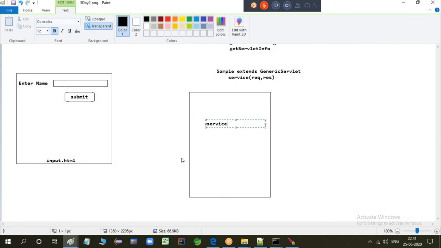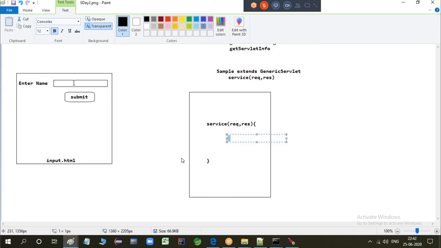That means I will write some servlet class, and inside that we have this method, where request and response will be there. When I'm entering this name, this service method should be able to read that name and display it to the web browser. Because servlet is responsible to display something to the output.